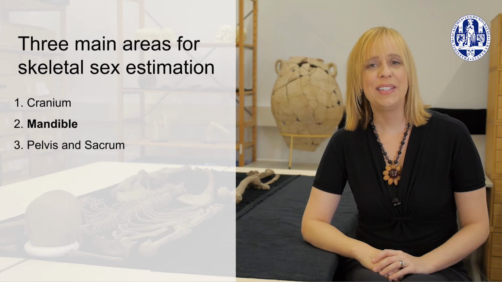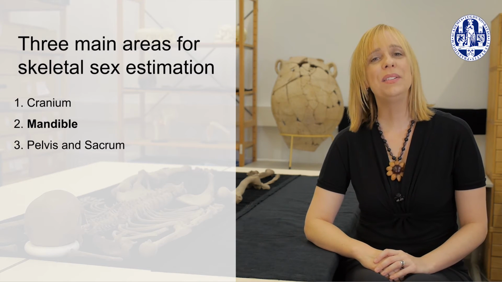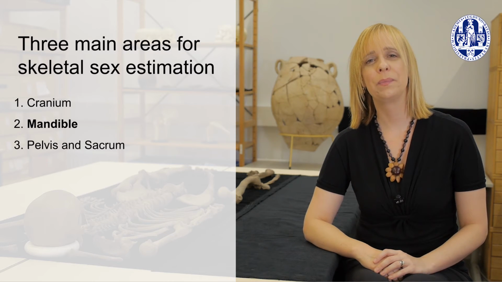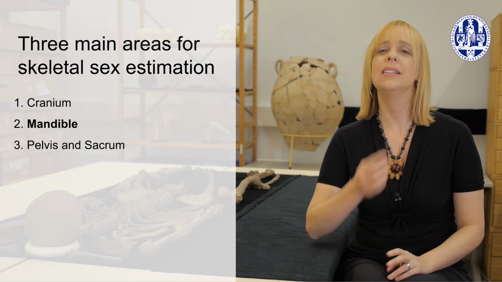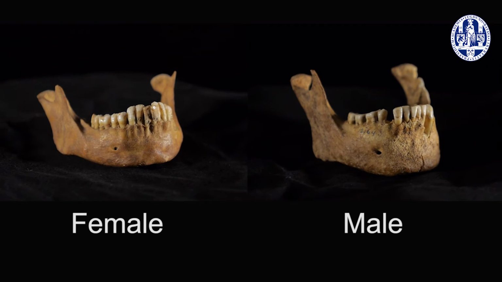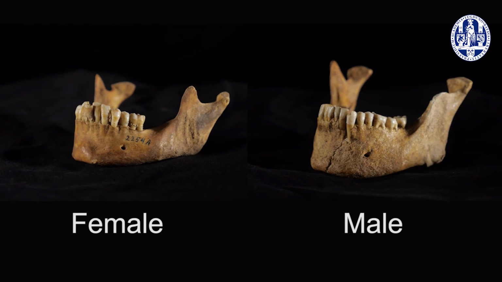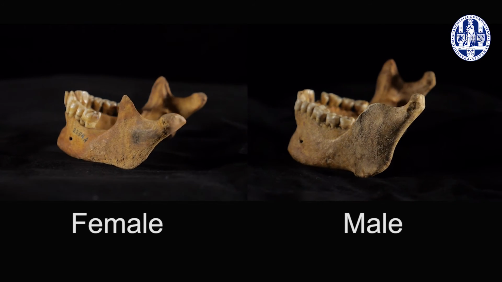There are a few traits in your mandible that can vary between males and females. Males usually have a larger and more robust mandible than females. Now I'll show you a few of these traits. First, palpate this area of your chin. Feel the shape made by the outline of the bone. In males, this area is usually more squared off and thus flattens, while in females, this area is usually more